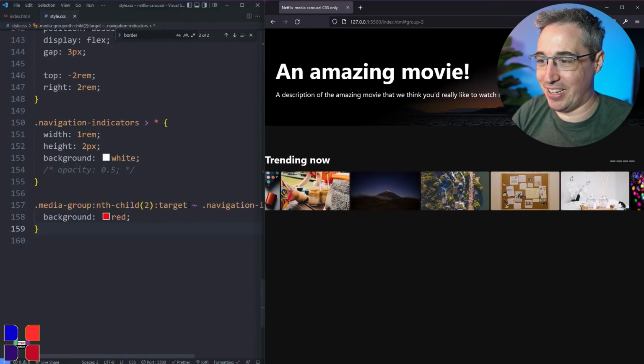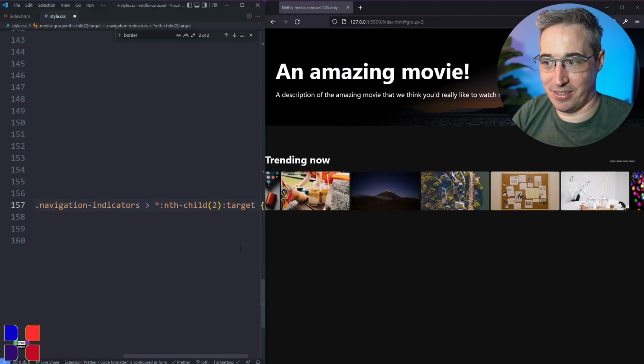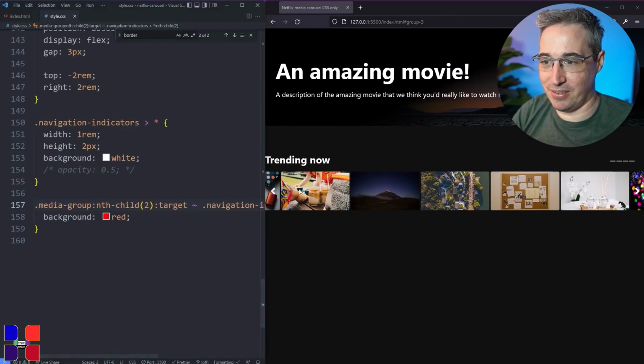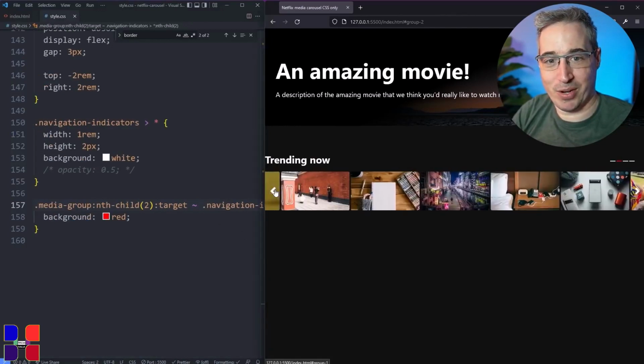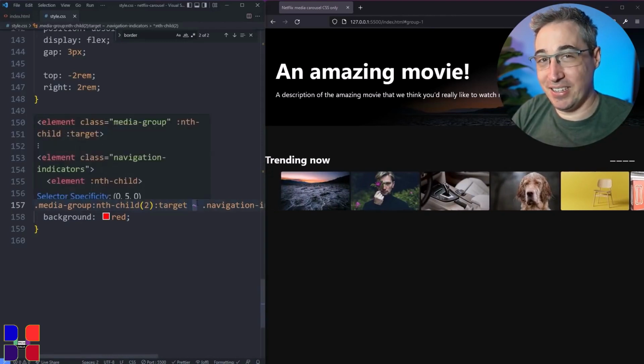Cool. And then this is where Sass really would have been nice. If I take this same thing, nth child target 2, and then I put that on this and take off the target, when we go on the second item, it will be red. So when the second child is a target, any sibling,